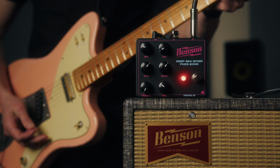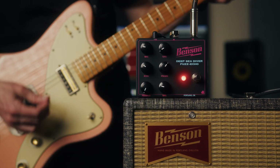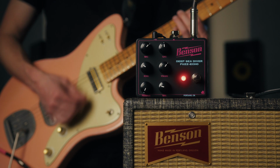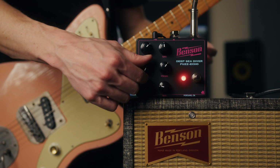There's a lot of stuff that is very beneficial to have just in terms of a single repeat behind you, whether it's very slapbacky, especially for stuff like octaves and single note bends. So let's take the